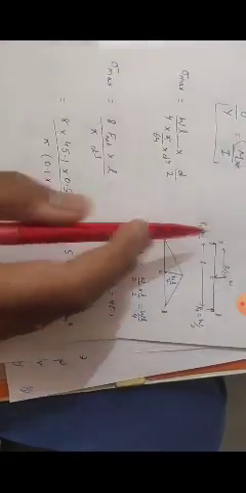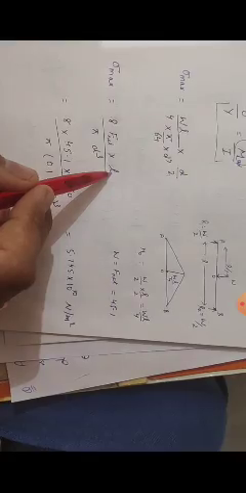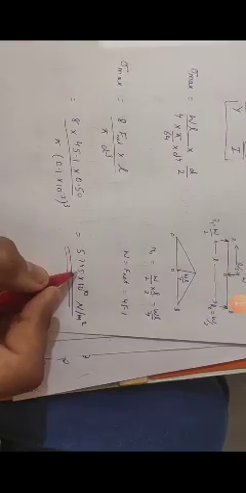So putting in these values, sigma max is equal to WL upon 4 divided by I over y. The value of I is pi by 64 d to the power 4, and y is d by 2. So the equation we get is sigma max equals 8 F net, because W is F net, 45.1 Newton, into L, the span, divided by pi d cubed. We have all these values, so we can easily find the value of sigma max. The maximum stress on the shaft comes out to approximately 5.745 into 10 raised to power 10 Newton per meter square. So this is the numerical on the critical speed of the shaft with damping. Okay, thank you.